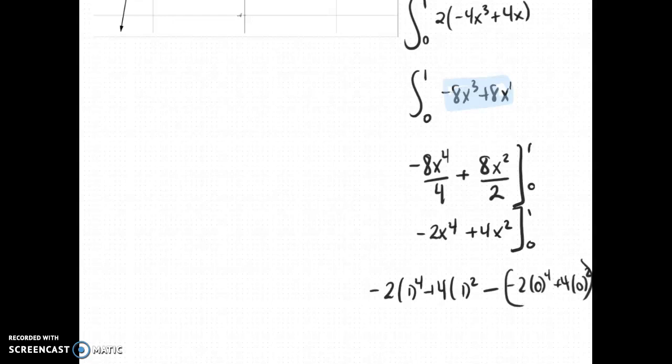So this part here ends up being just 0, so subtracting 0. And then here I'll have negative 2 times 1 plus 4 times 1, or my overall answer would be 2. So the exact area here would be 2. And that's how you do this type of